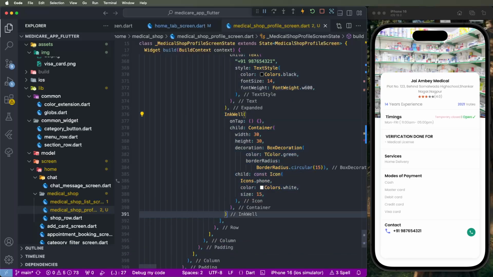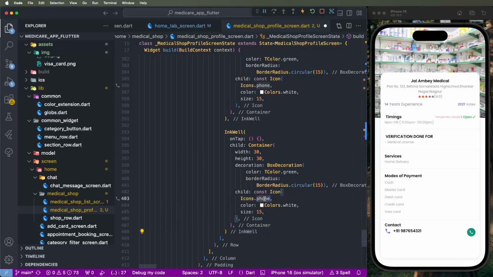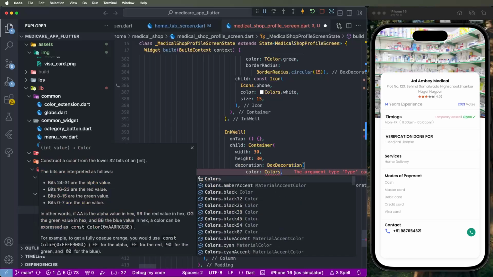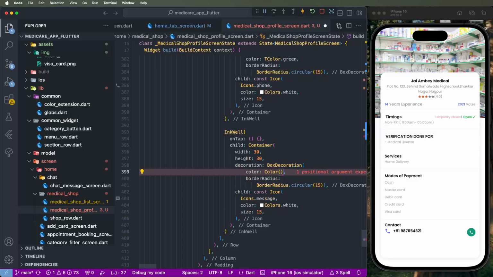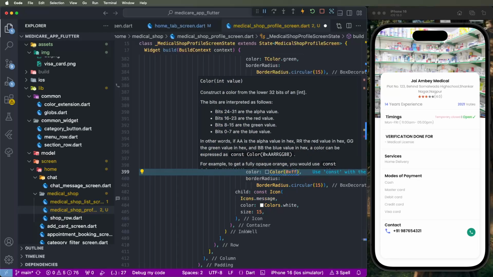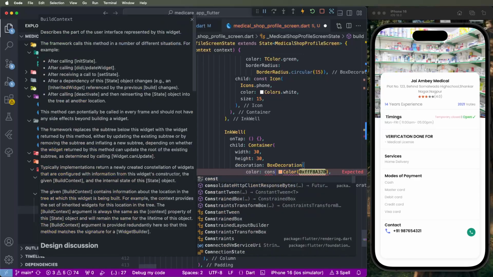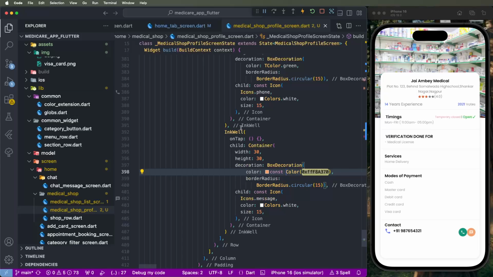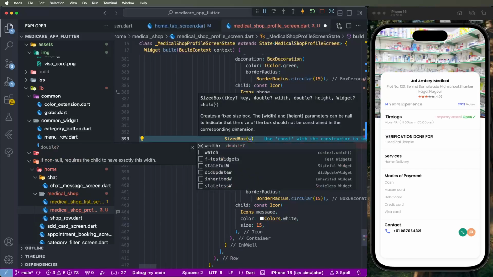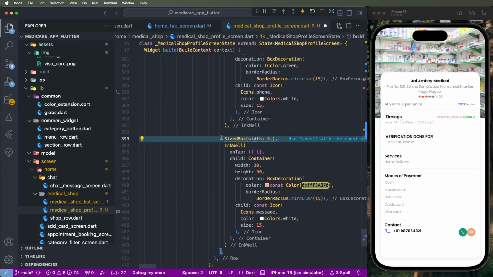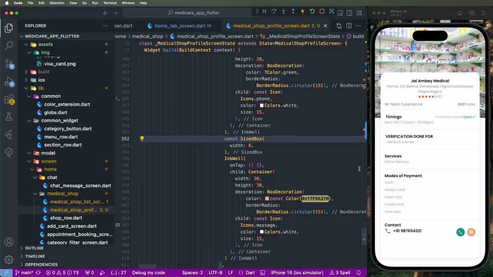Again, we need to copy and make the message UI, write down message here, set white colors, need to set the orange color, paste this here, and const value. Give some height space, width space, need to set 8, const value, save here, and look like this is showing here,